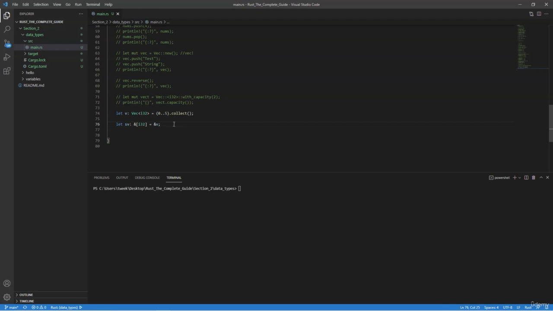Now I know I said that we cannot store slices directly into a variable, and that's not what we're doing here. What we're actually doing is pointing the variable to the address in memory where the slice starts. So currently we're pointing sv to where our slice starts, and our slice in this case is going